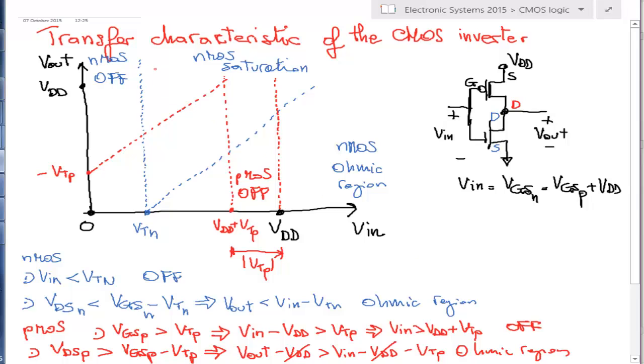So Pmos in ohmic region, and here we have the Pmos in saturation. Okay,